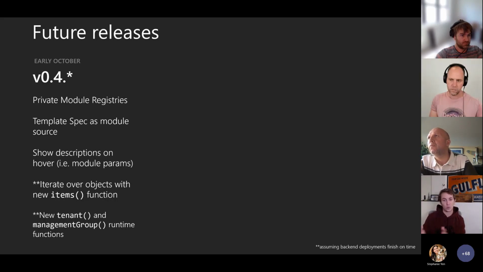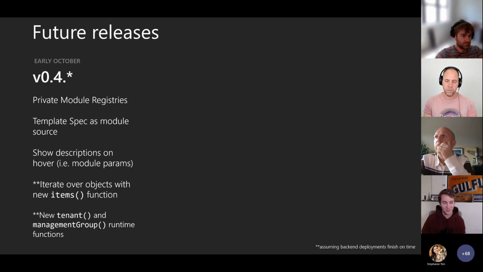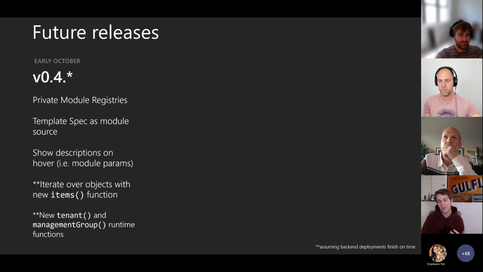There's a couple items here with asterisks on them because everything's been implemented, but we're waiting on our deployment to roll out. We roll out our deployments very slowly and very safely, sometimes too safely. So this deployment is taking a little longer than expected. If it gets in on time, it'll be a part of this release. The Bicep code is done for it. Otherwise, it may take a little bit longer and be part of the 0.5 release.